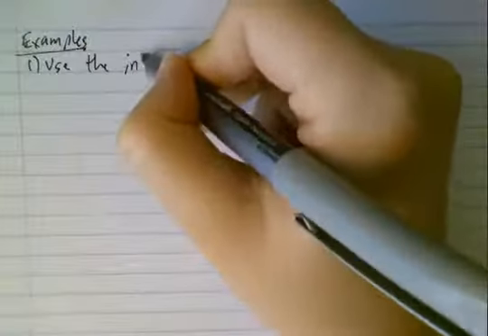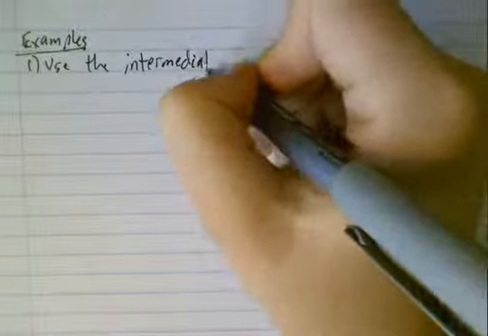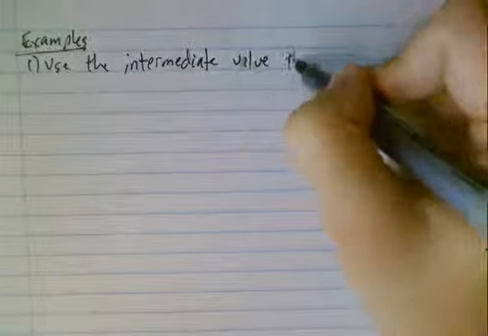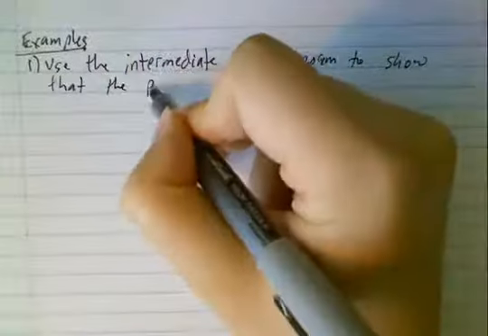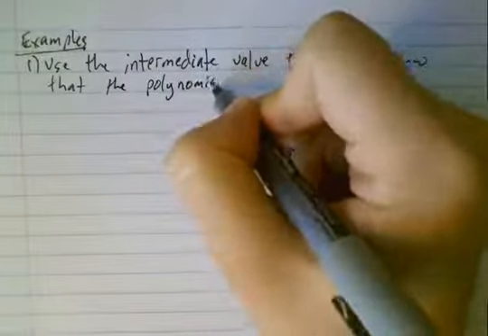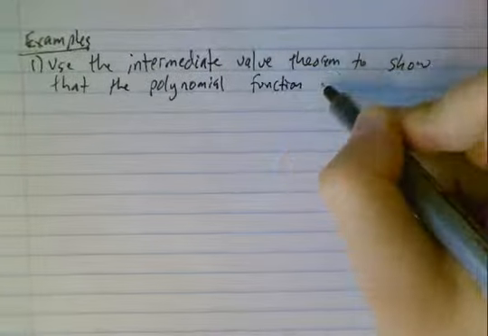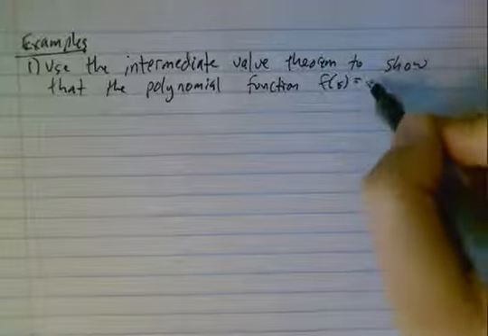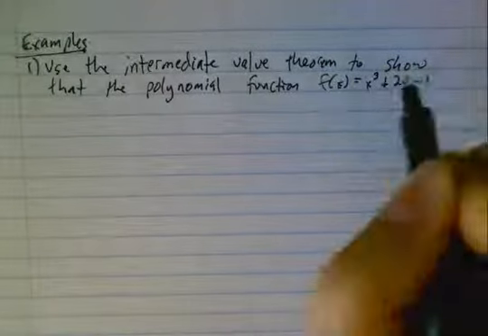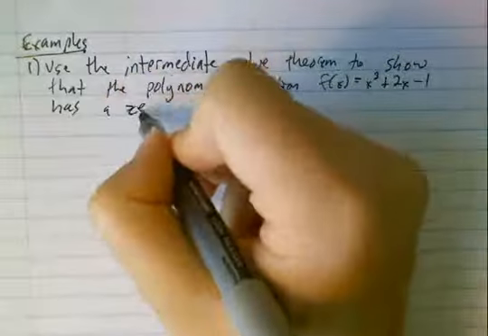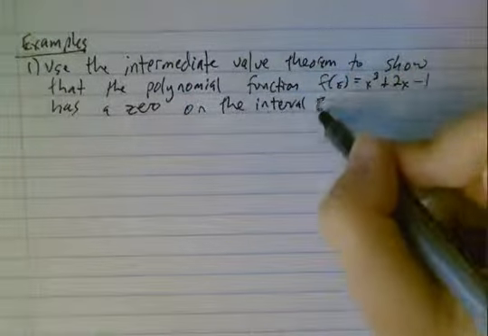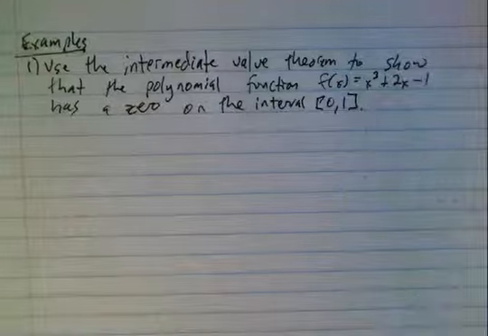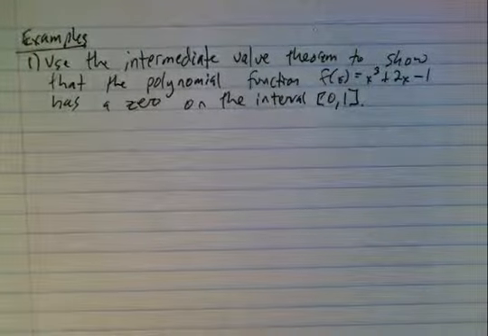Use the intermediate value theorem to show that the polynomial function f of x equals x cubed plus 2x minus 1 has a 0 on the interval 0, 1. So a key thing to know,